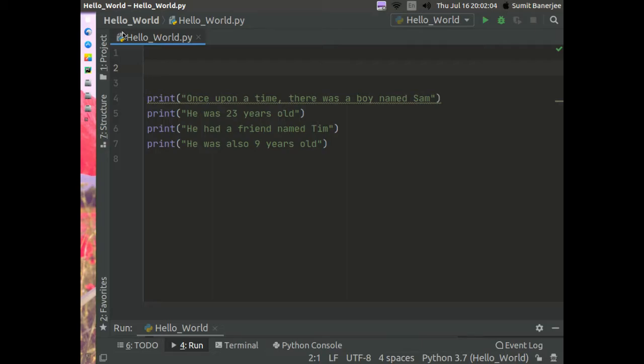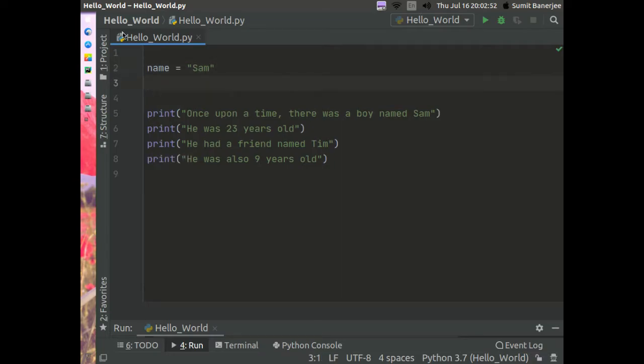So for making a variable, we need to give some information to Python. The first information is the name of the variable. Always try to give as descriptive names as you can. So this is the name of the boy, so I'll just write name. This will be the name of the variable, double quotes, and here let me type Sam. So now this is a variable which stores the value Sam.